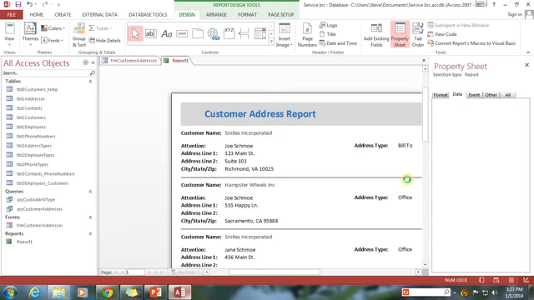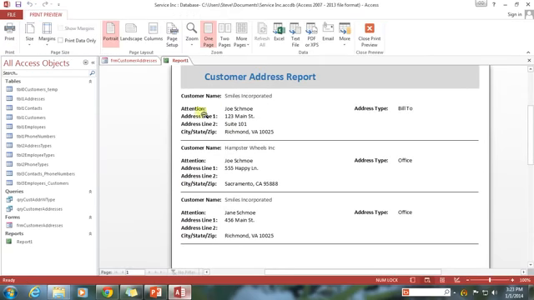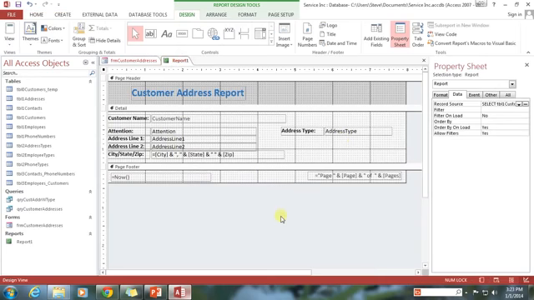I probably didn't need to hop out of there, but you can see there's kind of this separation here between the Smiles Incorporated up here, and then this Smiles Incorporated down here. And it's separated by this Hamster Wheels Inc., and that's kind of inconvenient. We want the Smiles Incorporated ones to be together, and this Hamster Wheels Inc. to be separate. So what we can do is we can go into the design view,